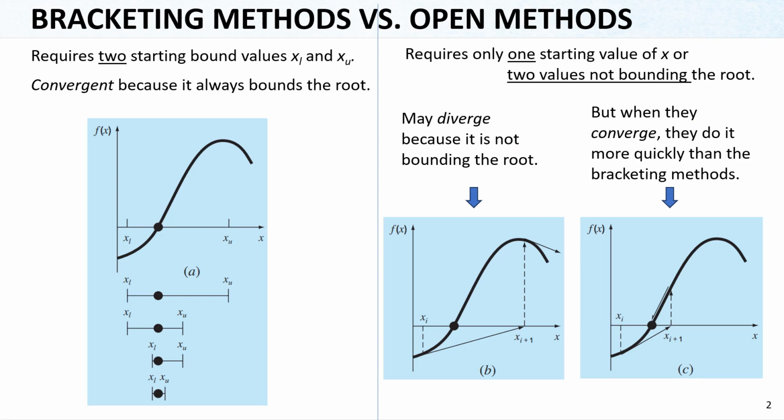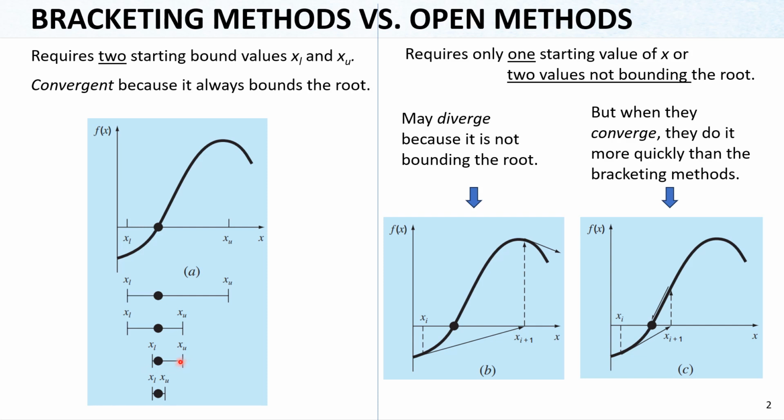So the bracketing methods that we learned in chapter 5, if you remember, require two starting bounds, a lower and upper bound, which actually bracket a root. And it is convergent because it is always bounding the root between lower and upper bound. You can see over here, for example, the lower bound and upper bound, and the root is here. Then the upper bound is reduced and the root is again between them. And the lower bound is reduced and the root is again between them. And it eventually reaches the root, which has a very narrow bound,